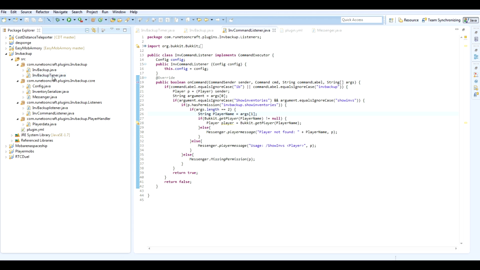So in our main class we have InvBackup timer and InvBackup. Awesome. So we have all those,